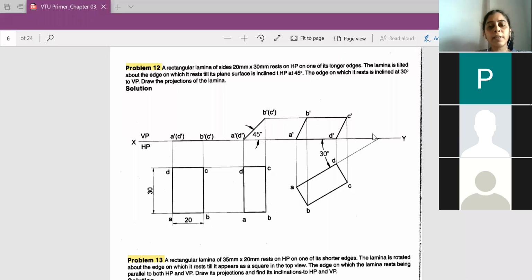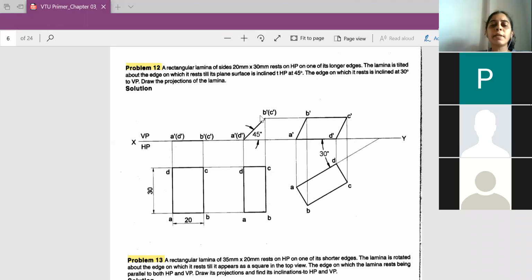After this, finally we need to get the front view. For this, the method is again the same. You will take the projection of A, projection of B, projection of D and projection of C. Along with that, you have to now take the projection of B dash and C dash and projection of A dash and D dash. All will meet at some points. So now you read the locus. Locus of A is meeting A dash at some point. Name this as A dash.